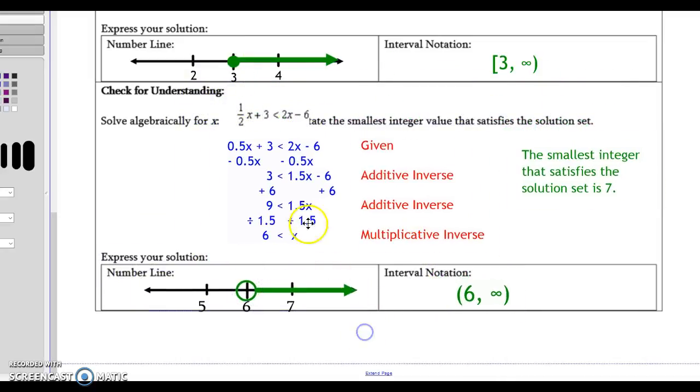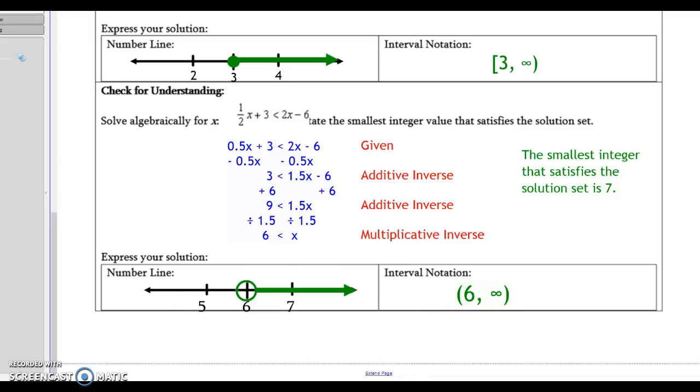Your solution involves a mathematical answer, the steps to the answer, and a contextualization of the answer. Notice in this case it says 6 is less than x, or in other words, x has to be bigger than 6 or greater than 6. So we say the smallest integer that satisfies the solution set is 7. Notice this open circle around 6, which means that 6 cannot be used as an answer. And also notice that soft bracket, the parentheses here, which represents the fact that 6, again, cannot be used as